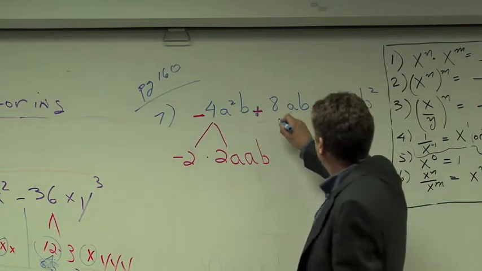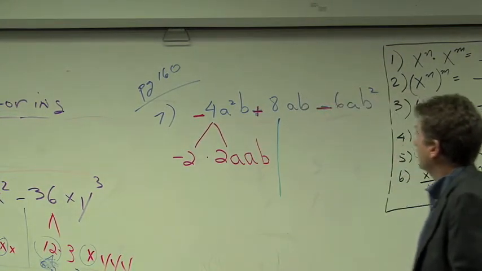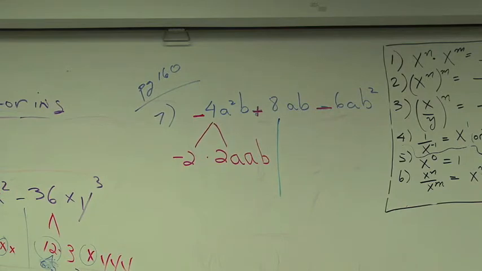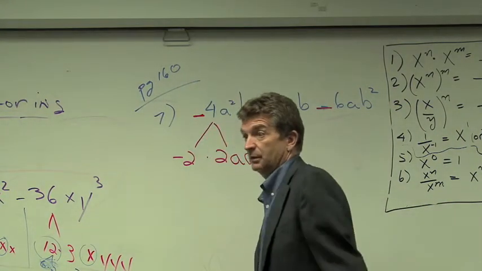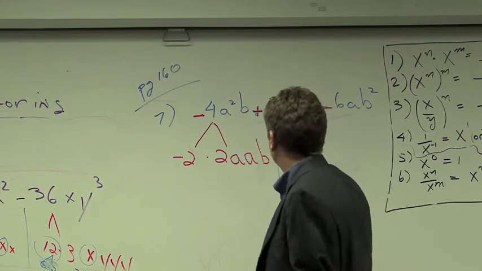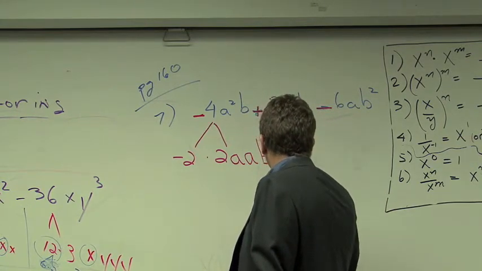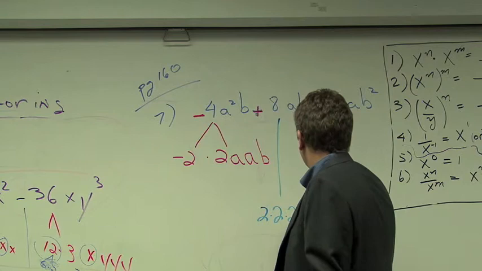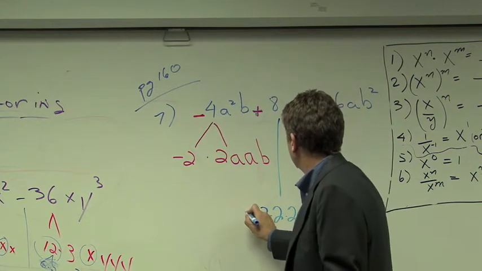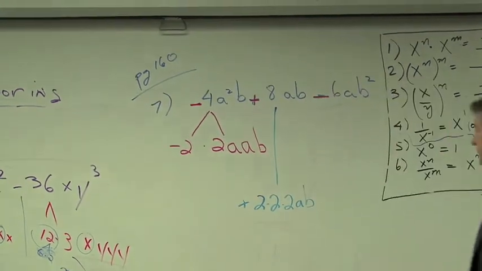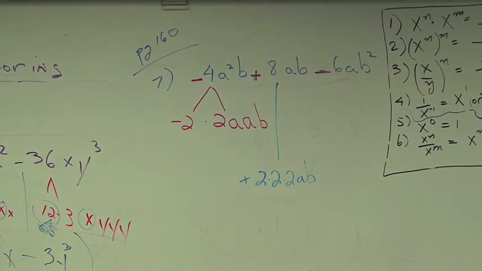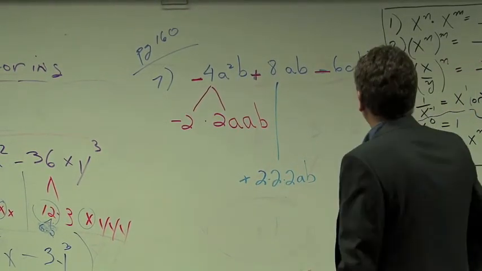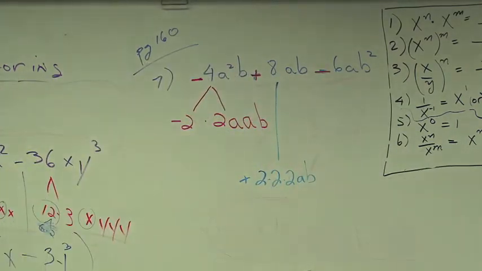My second term, how many 2's do I have in there? I've got 3 actually: 2 times 2 times 2, and then I've got A and I've got B. And then there's a plus there. So 2 times 2 times 2 is 8. Right? Everybody following me so far? This last one, let's do that in a different color too. How would you break down this